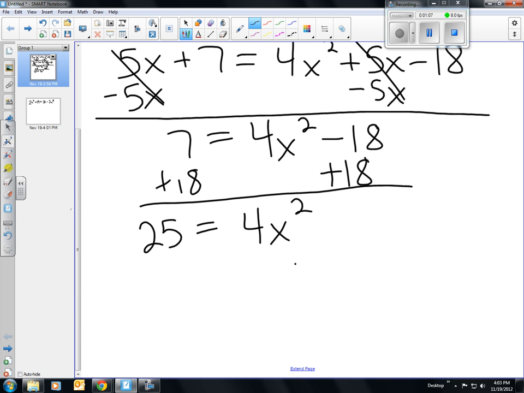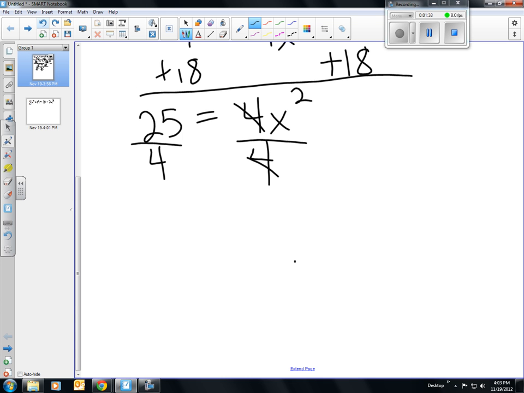Now here, to solve this equation, we're still working backward of the order of operations. And here, if we do the order of operations with just this expression here, we would start with the exponent. So we would say x squared would be first, and then we would multiply that by 4. But if we are solving this equation, we want to work backward of the order of operations. So we're going to start by dividing by 4. So we're going to divide both sides by 4. Here the 4's cross divide to 1. And we'll get